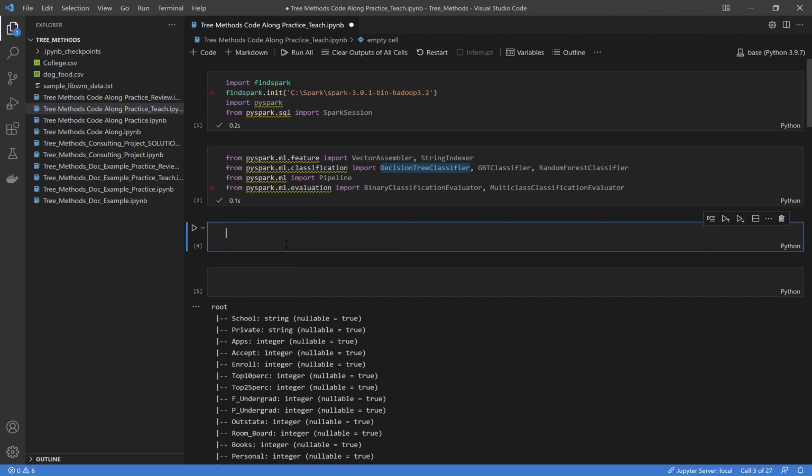Once we do that, we need to create an app for our Spark session. We name it. For this, we'll create SparkSession.builder.appName tree.getOrCreate,